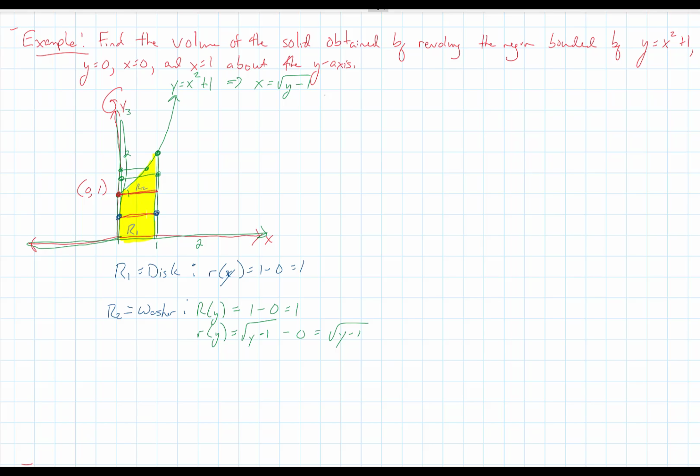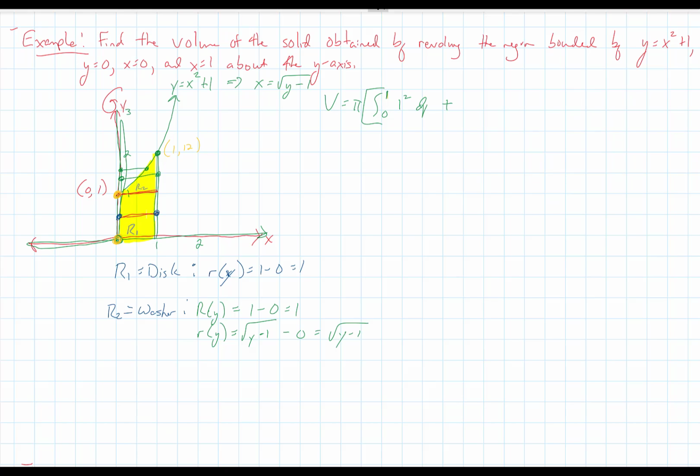Now if we put all of that together, for our volume, I can actually pull the pi out of both pieces. So it's going to be pi times the integral from 0, down here at the bottom, to this point of intersection of 1. And then we know this other point of intersection is going to be 1, 2. So the first one goes from 0 to 1 of just our disk's radius, 1 squared dy,